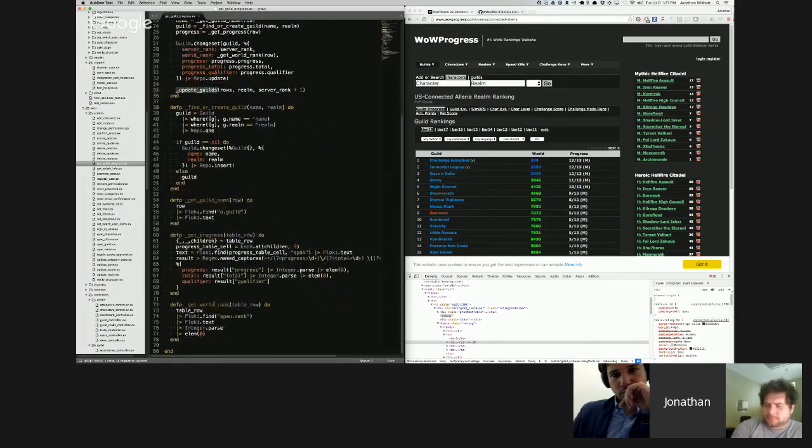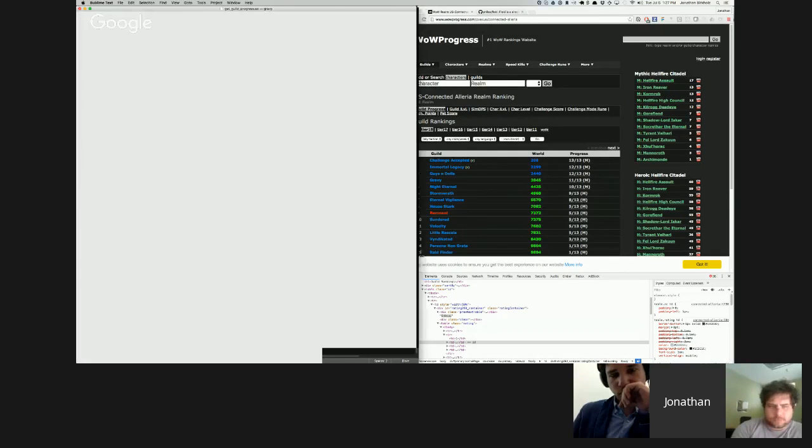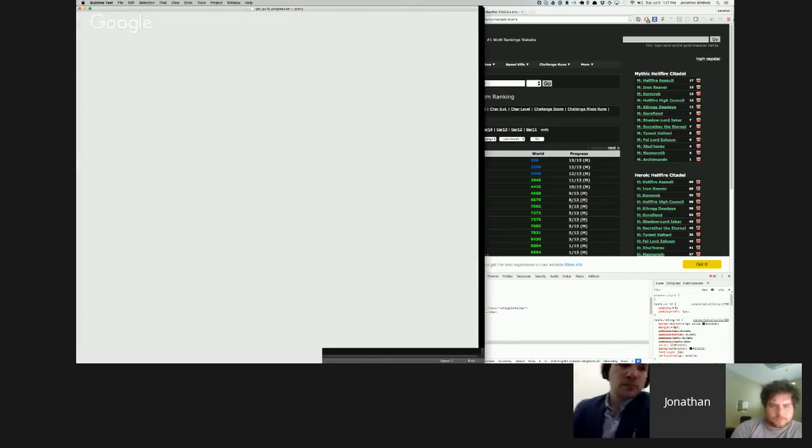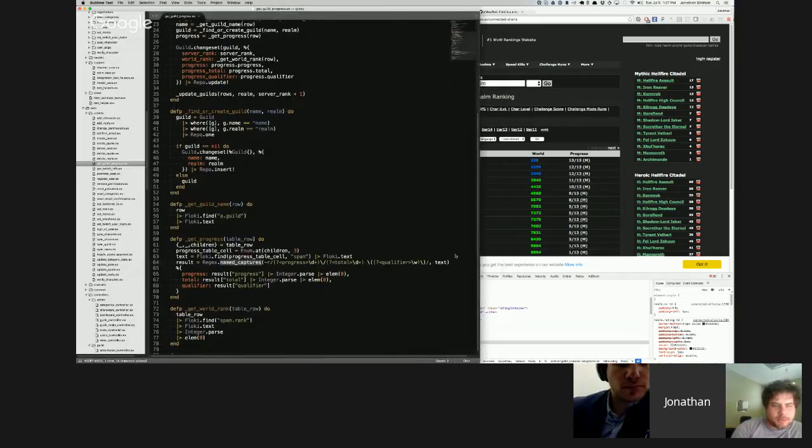But I found getting the information pretty easy. Being able to pull out what I need to get out of the information is pretty nice. I've gotten a lot better at regular expressions, and regular expression named captures are freaking cool. I don't remember ever doing that in any other language, but I love it. What is it? Oh, regex captures? Oh, yeah, no, that's possible in all languages. Yeah, I assume it is. It's just I never really explored it, but I've used it a lot in Elixir land. So I'm able to pull out from here the progress, the total, and what qualifier.